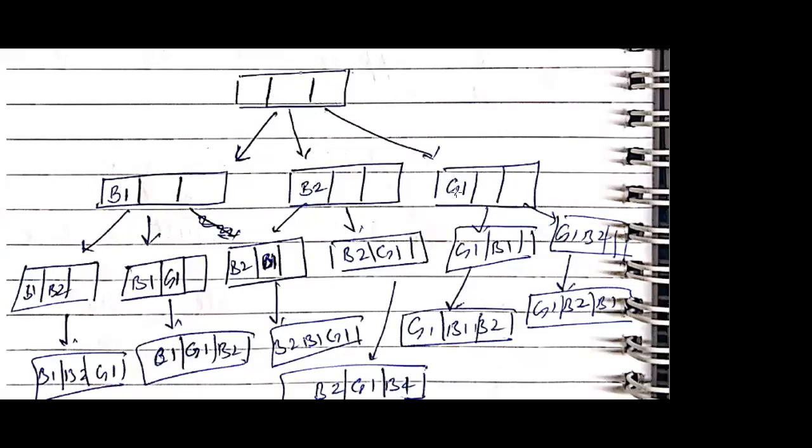So at the first place we have 3 options: boy 1, boy 2, and girl 1, since we have 2 boys and a girl. Boy 1 is denoted by B1, boy 2 by B2, and the girl by G1. So on the first slot, either we place boy 1, or boy 2, or girl 1. After placing these 3 options, we further explore each one by one. Suppose we start with boy 1 at the first slot.